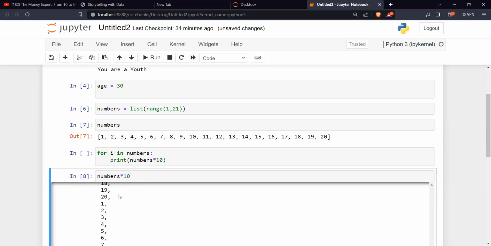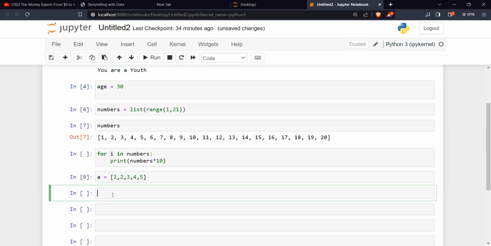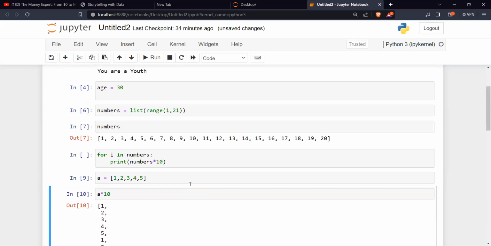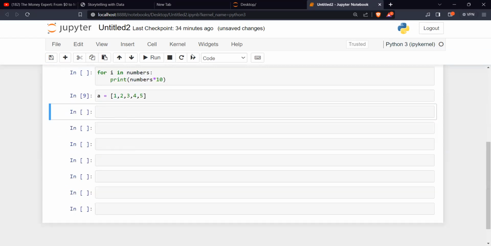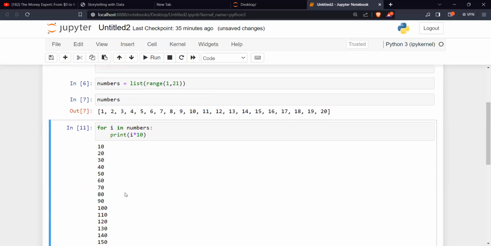If I have A equals to 1, 2, 3, 4, 5 and I say A times 10, it will duplicate that list 10 times. Is that what we want to do? No, it should be i times 10. Can you see that now?